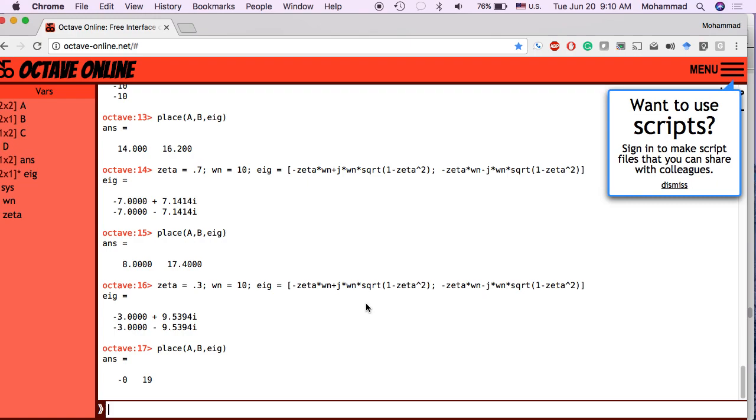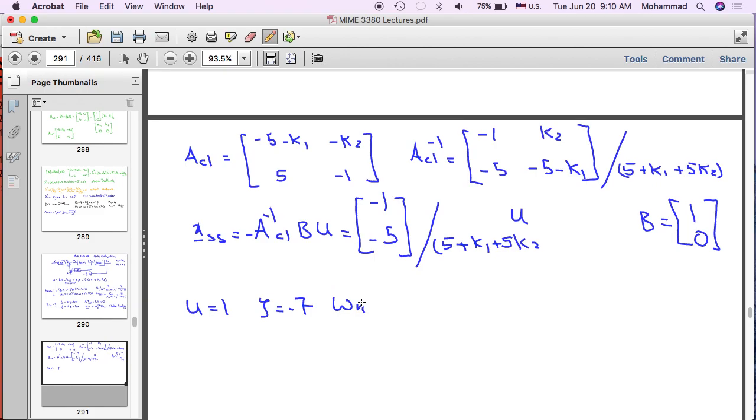Actually, the last one that we solved was zeta of 0.3 and omega n of 10. That resulted in K1 being 0 and K2 was 19. So that tells you,